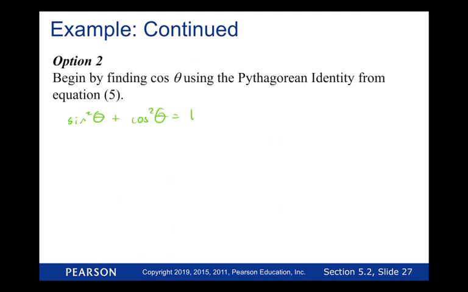So if sine of theta is a half, wait, you gotta wait for them to come back. I can't have more than one person out at a time. So if sine of theta is a half, that means we can do 1/2 squared plus cosine,